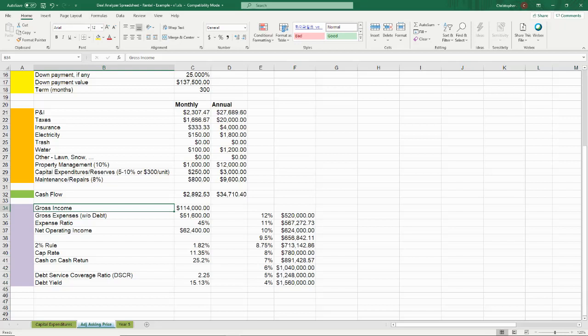Now, as we look here, the gross income for this particular real estate asset was $114,000, largely or all in part from rental or lease income. We talked before that rental or lease income is going to be the majority of the income for a real estate asset. That's no matter whether it's a multifamily apartment building, whether it's a retail store, a restaurant, it's still the same. There's still a tenant or someone who needs to pay the rent or lease to use the space, and then there's the expenses of the property.